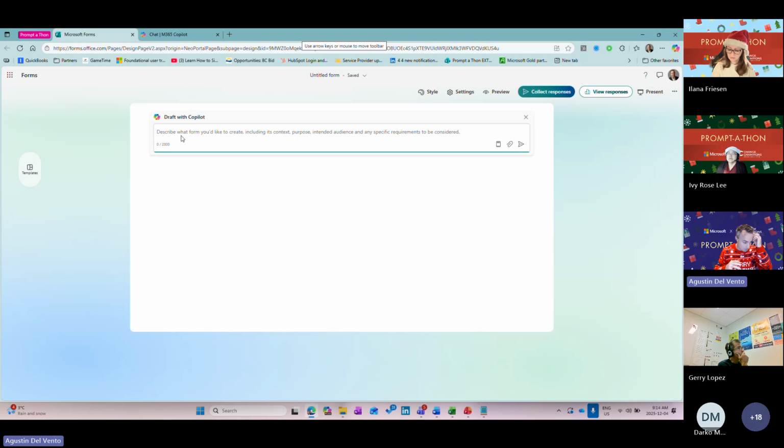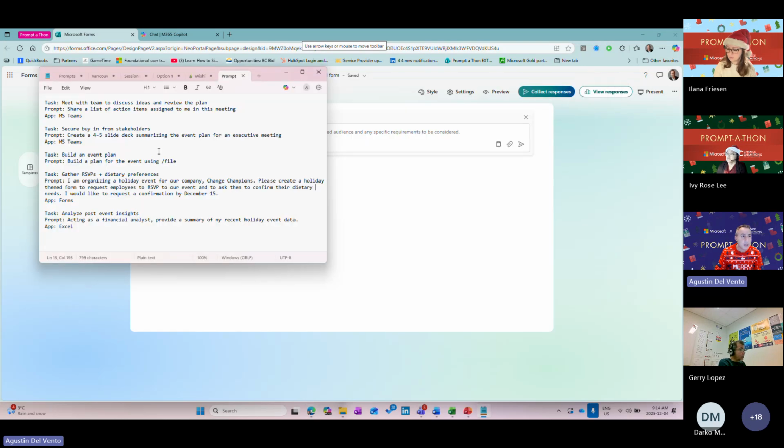We did Teams, and we did planning. So we planned the event in Microsoft Planner. We asked Copilot to essentially create the plan for us. Here, what I want to do is ask people to RSVP for the event ahead of the event. So I'm going to use a form in Microsoft Forms to gather RSVPs.